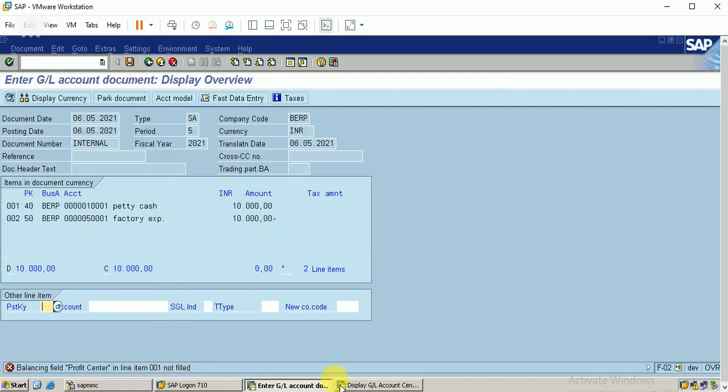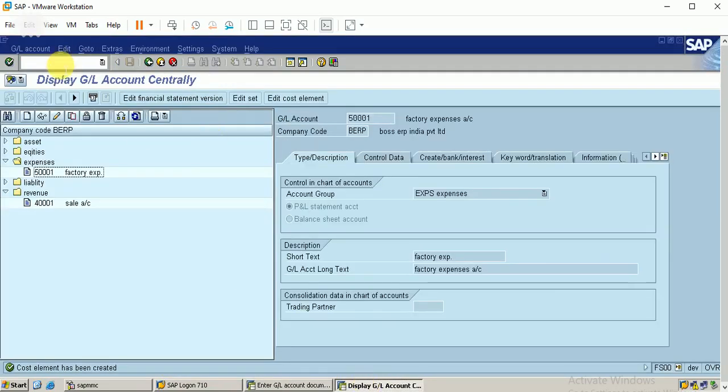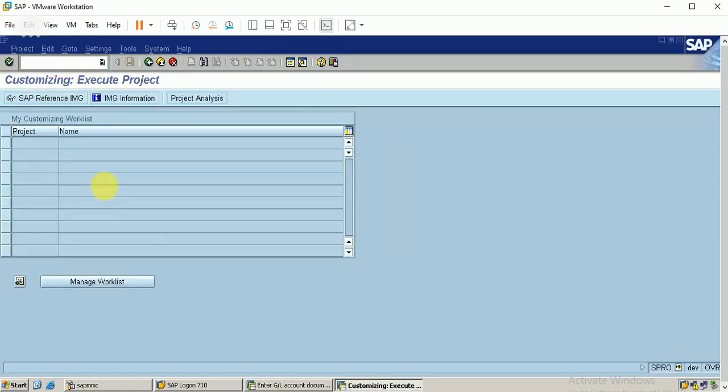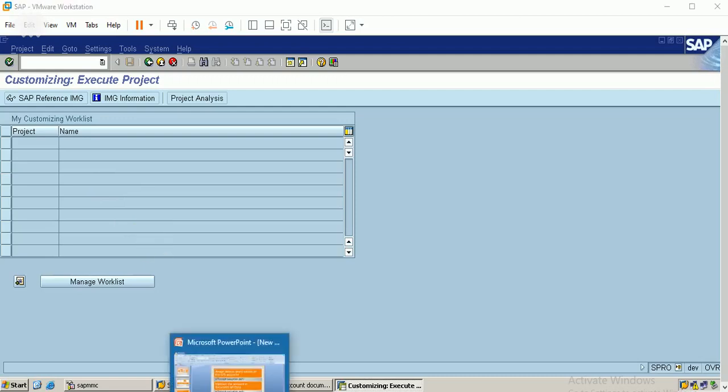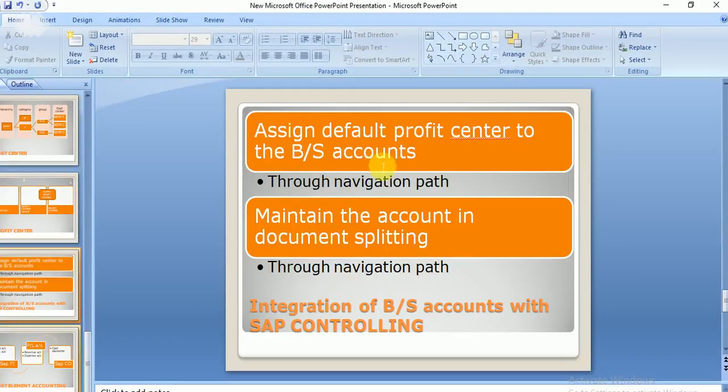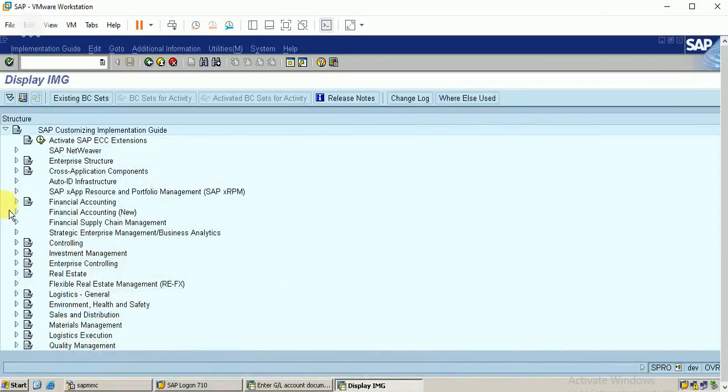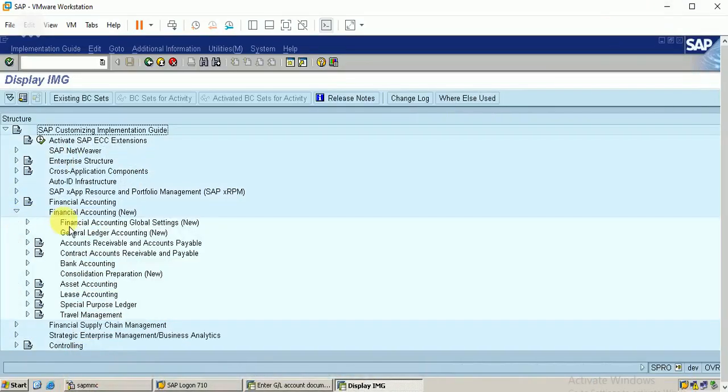Okay, I think I have made a mistake here. Let me show that. We have assigned the step to maintain and assign default profit center to my balance sheet accounts. In this step we have made a mistake. I will show it. Not here.